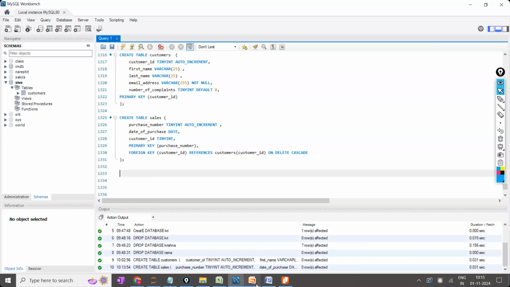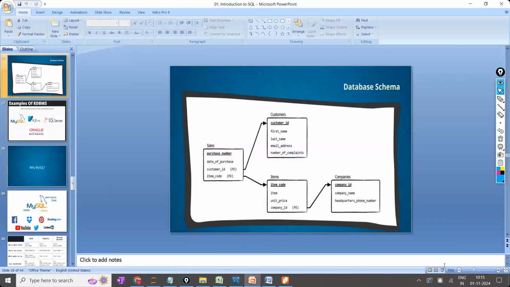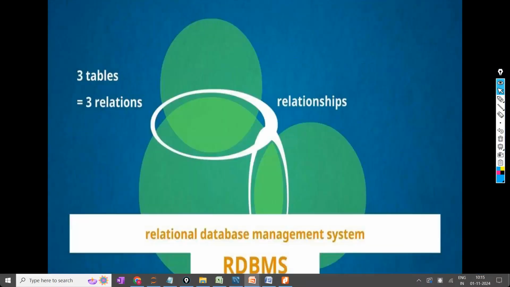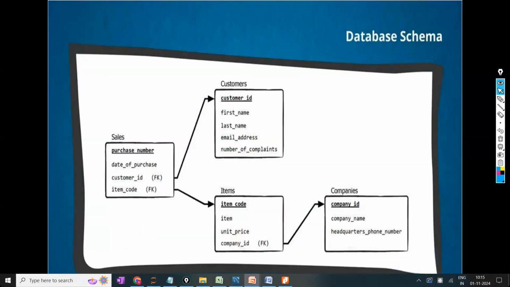Now, in the same way, can you create a database schema for this diagram? What is the first step you are going to do? This is the first table, this is the second table. Either table is okay; the parent table can be anything. You can start with this table or this table, of your choice. But only after creating these tables can you write this table, and finally, after creating these two, you come to this position.